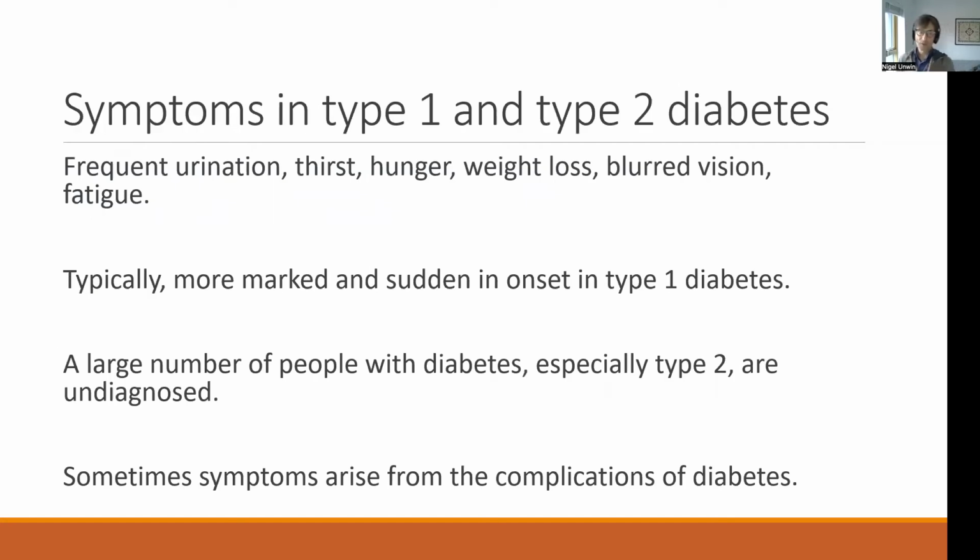The symptoms, as the video said, are very similar between the two. They are typically more marked and of sudden onset in type 1 diabetes, as the video suggested. In type 2 diabetes, because the symptoms may come on slowly, they may not be very noticeable, and may be associated with someone just feeling a bit tireder than normal. There tends to be a large proportion of people with type 2 diabetes at any one time who aren't diagnosed. And in the Caribbean, for example, estimates, and this is from the International Diabetes Federation, and it's confirmed by some work that